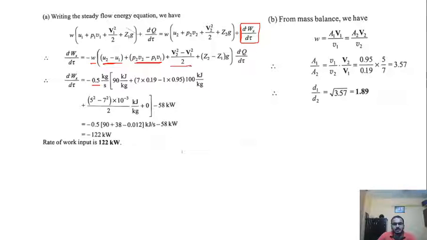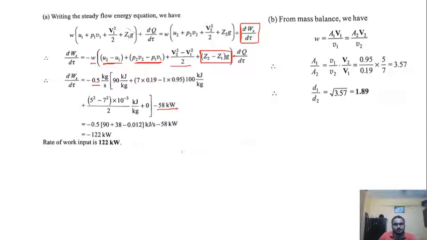The velocity is available, and the only thing which is being neglected here is the potential energy, because we are assuming that there is no change in the potential energy, and it is quite evident from the figure also that there is not much difference of height between inlet pipe and outlet pipe. And here there is a negative sign which is missing over here, as it is a printing mistake, and it is seen here.